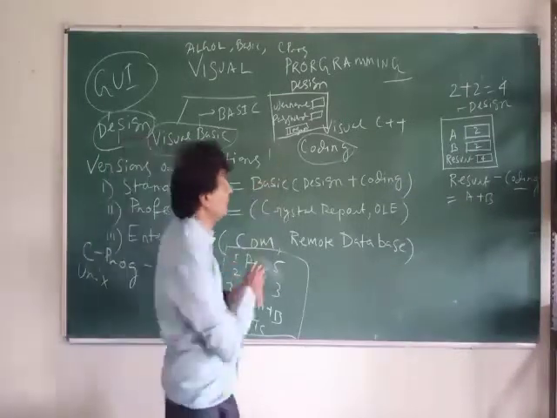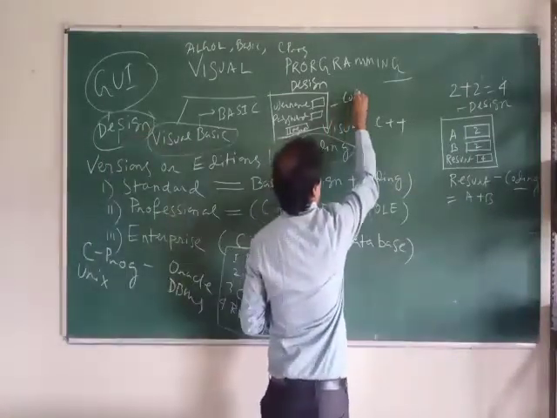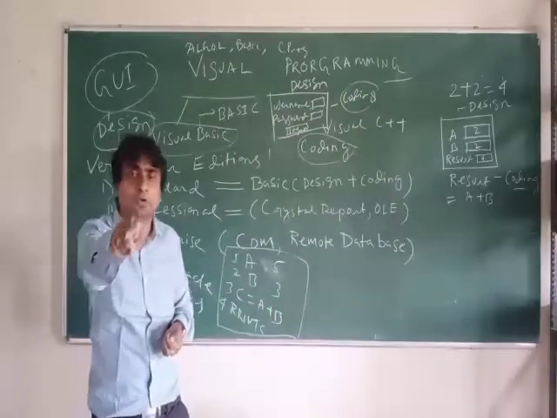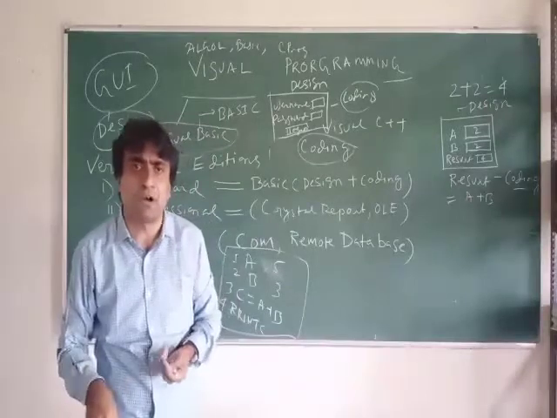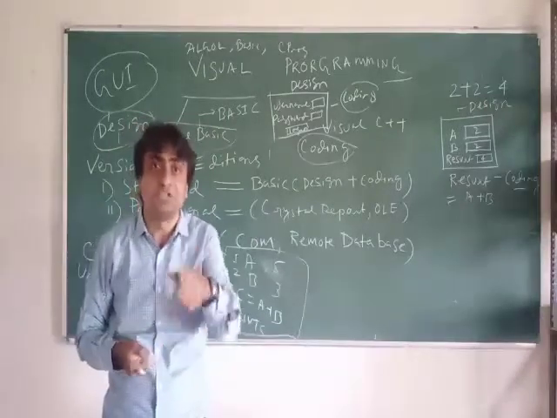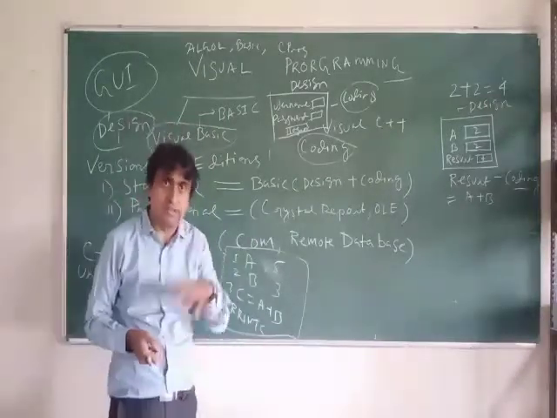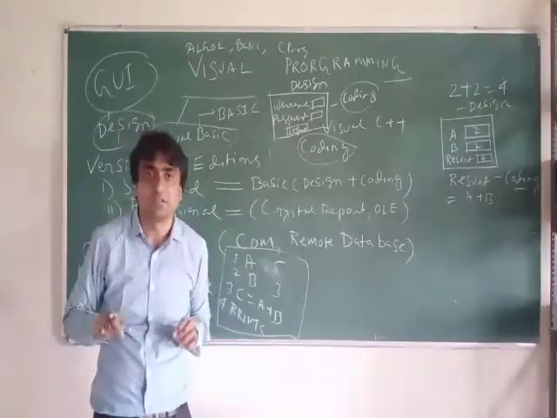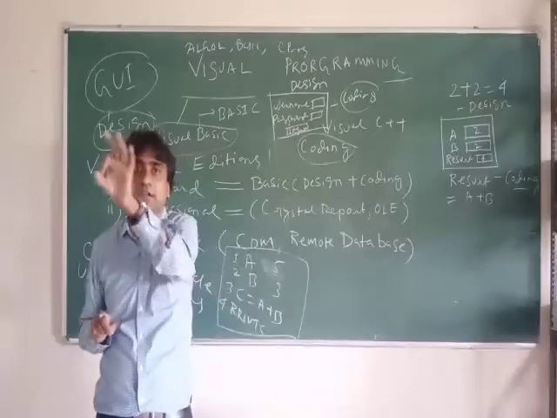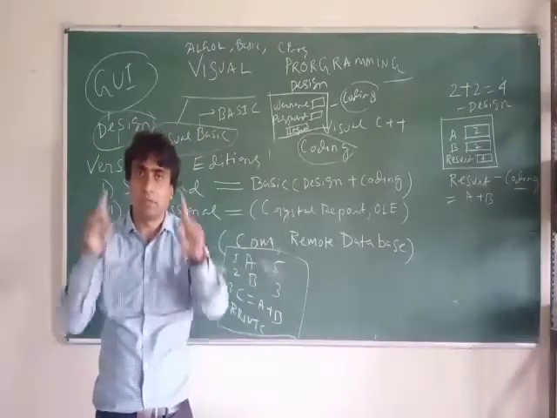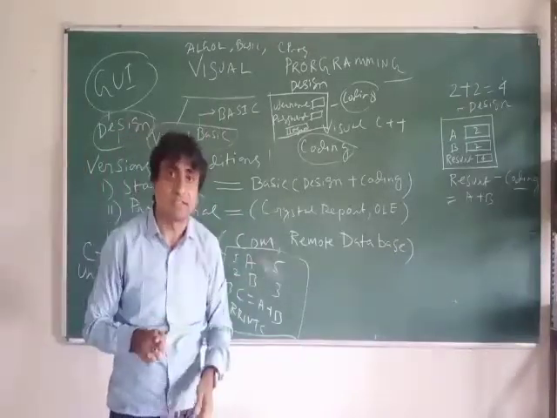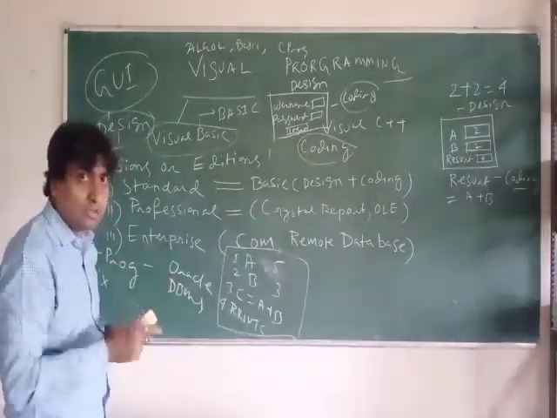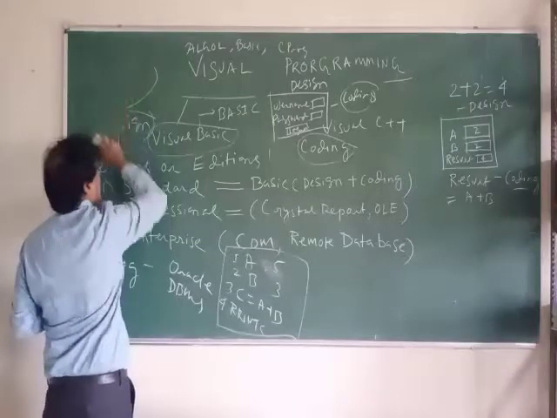Now for this there will be some coding or programming. The Gmail account you are using is a combination of design and coding, that is visual programming. Behind that, visual programming is there. Another example is our results. If you type BangaloreUniversity.ac.in, one window will open. There it will ask you to enter your register number. That is also one window.